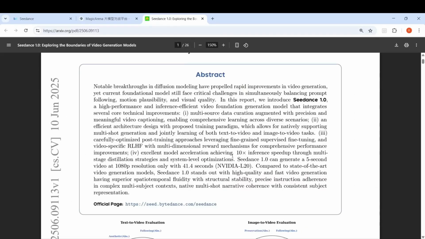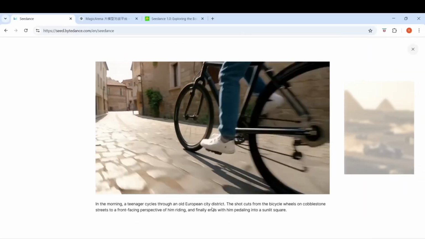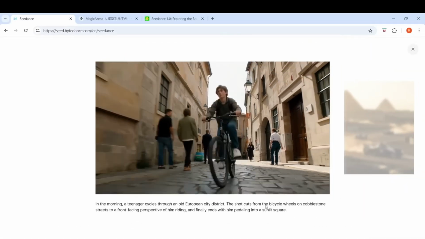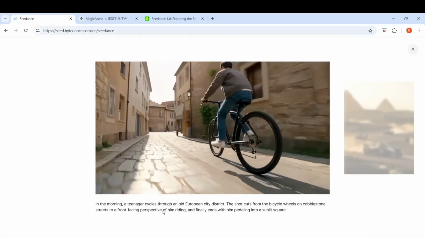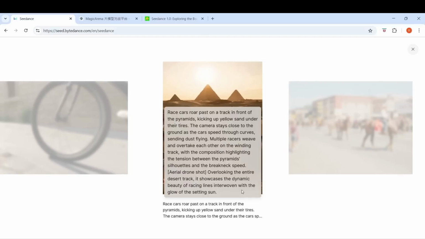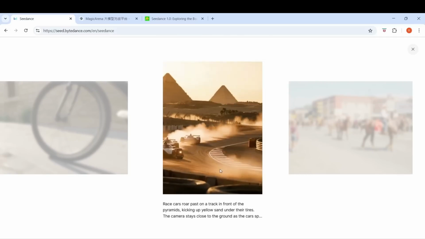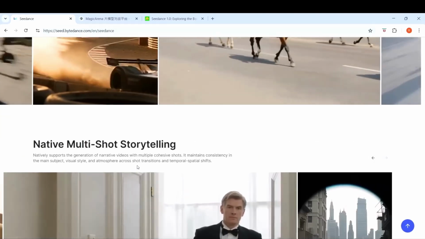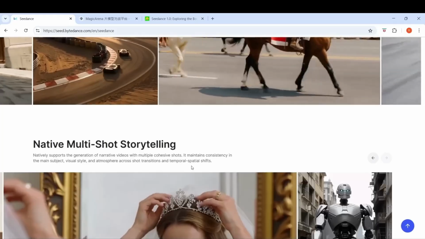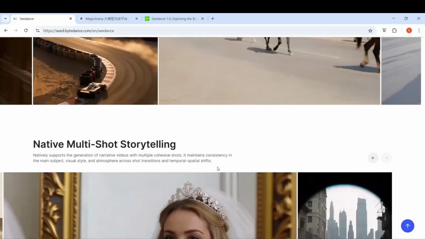You write a prompt for a simple scene, maybe a person walking down a street, and what do you get? A jittery mess where the person's face changes 3 times, the background warps like reality is melting, and the whole thing flickers like a broken TV from the 1980s. And don't even get me started on trying to create actual narrative content. Want to show the same character in 2 different shots? Good luck with that. The AI would generate a completely different person in the second clip, making any kind of